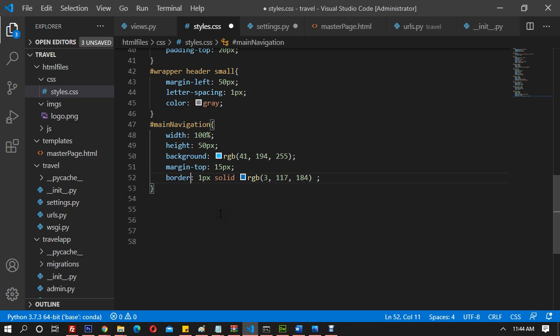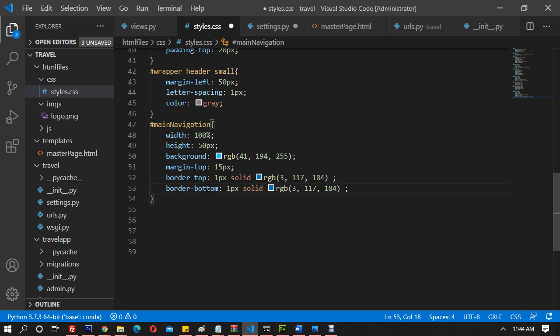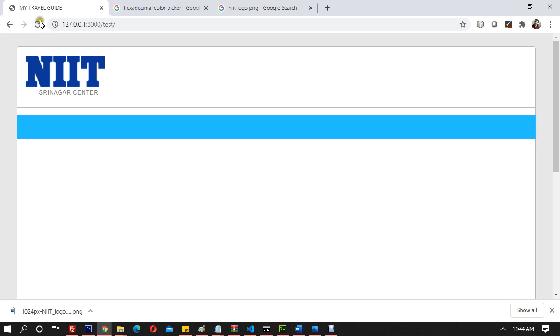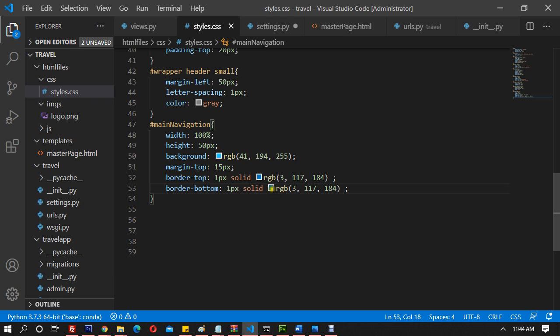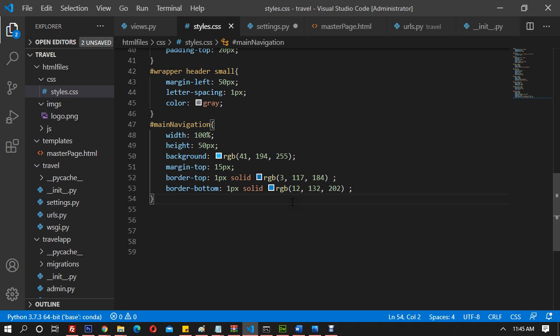That's why I'll say use only border top and use only border bottom. Border bottom this, border top this, right? So now this header section is completely good. Maybe it's a bit darker, you can still choose it to be a bit lighter. I'll just go slightly a bit lighter so that,